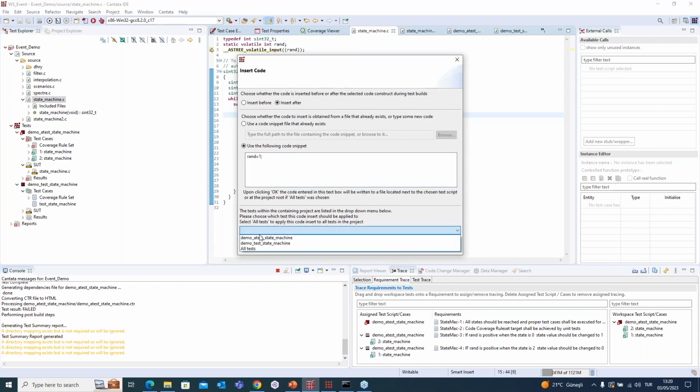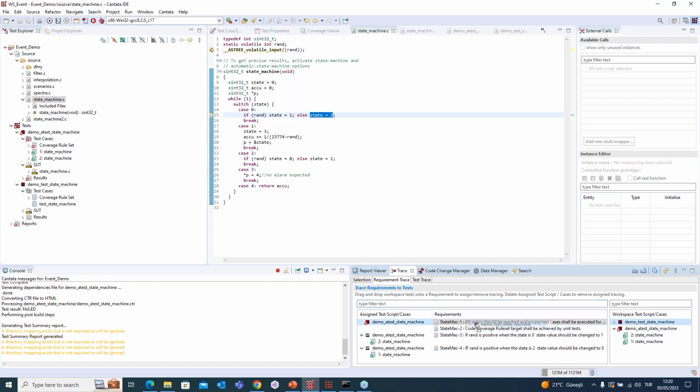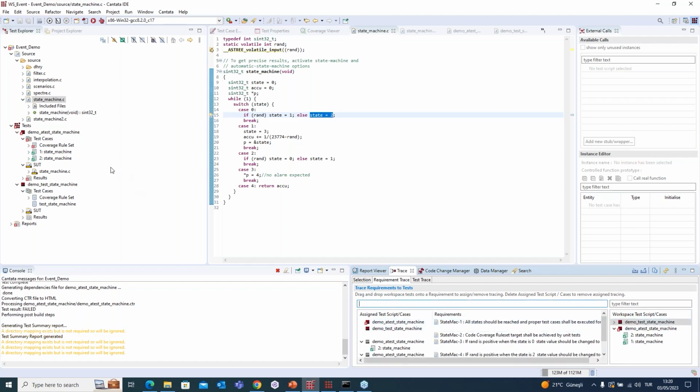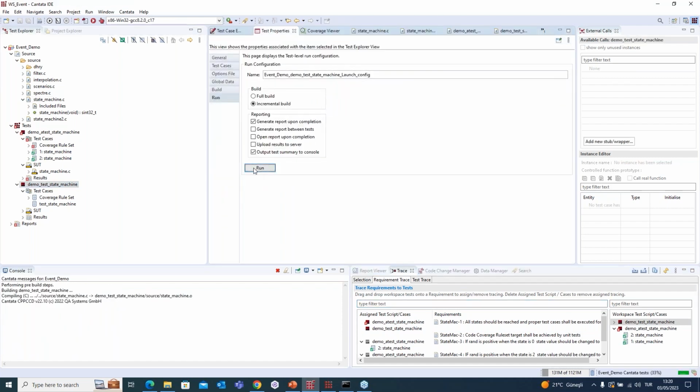And I'm telling Cantata to only do this just for the manual test script, not the automated one. And then I am refreshing. Right now I have two test scripts, but this one is also to fulfill this requirement. So I'm assigning this test script to the same requirements like this. Let's run the test script and see the results.